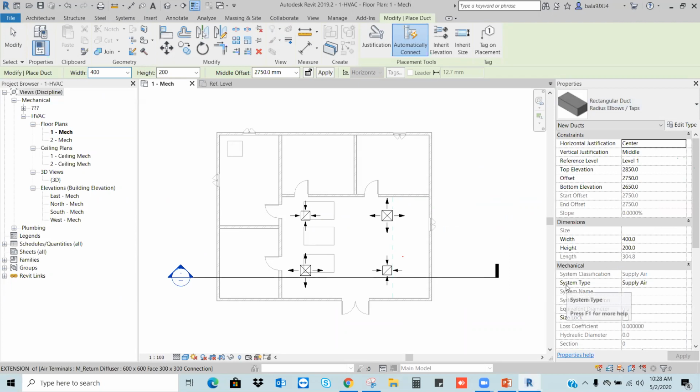and I choose my system type. This is important. Width, height, system type. Always we should focus on this one. Before creating the model of any duct, pipe, cable tray, anything, we should focus on the four elements. What are the four elements?